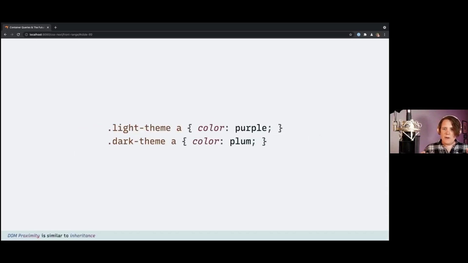We can also talk about this in terms of the proximity problem. These two selectors apply to links inside a light theme or dark theme class. And that works great as long as we never nest one inside the other. Since our selectors both have the same specificity and ancestor proximity is not actually part of the cascade,